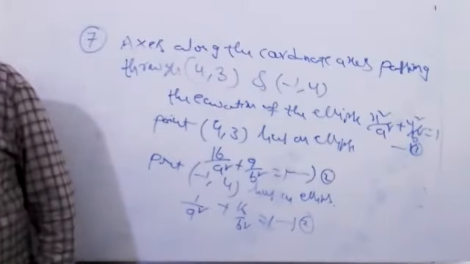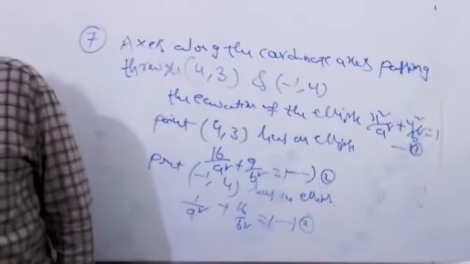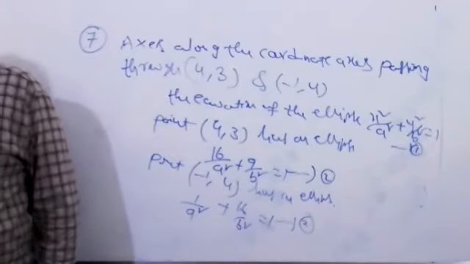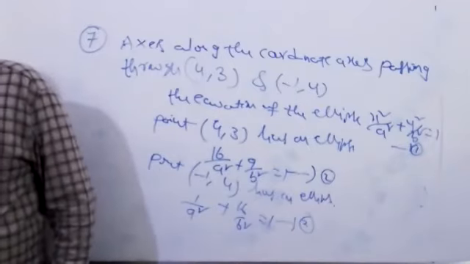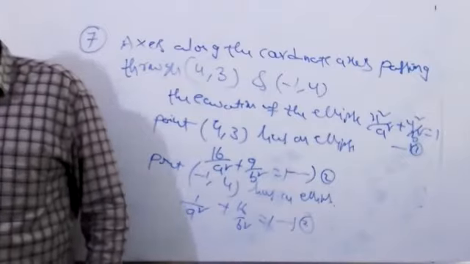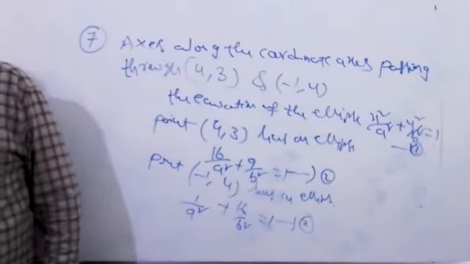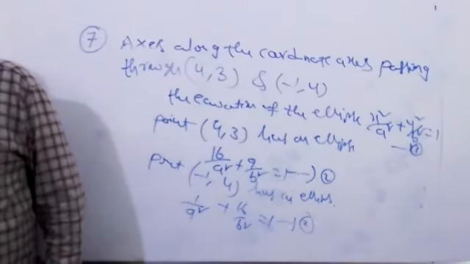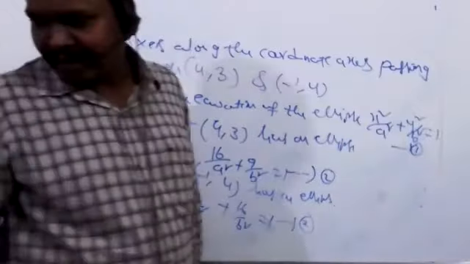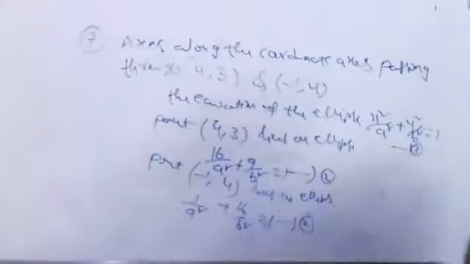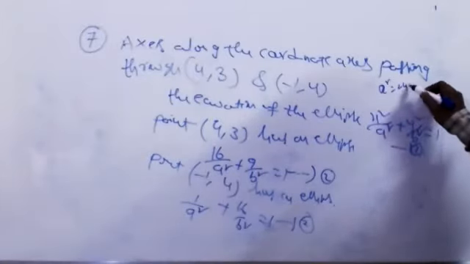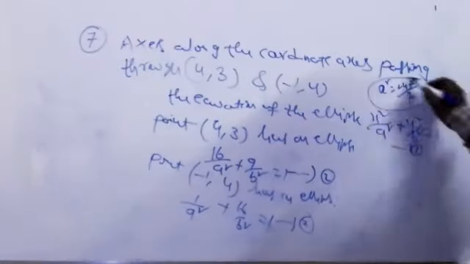What's the answer? Sir, I'm getting it as x square by 49 plus y square by 49 is equal to 1. What is the a square value? So a square is 15 by 247, right? No, the a square value is 247 upon 7. There's a mistake, sir. A square is equal to 247 upon 7.